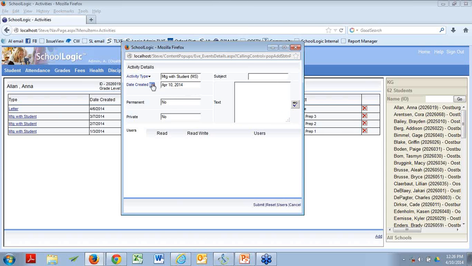The date comes in for you, or of course you can click on this little guy and pick a different date. That's particularly nice to have, by the way, if you've got a whole stack of these. Maybe people are doing paper reports, and then one of your favorite secretaries has to enter these into the computer. The ability to pick a different date is pretty nice.